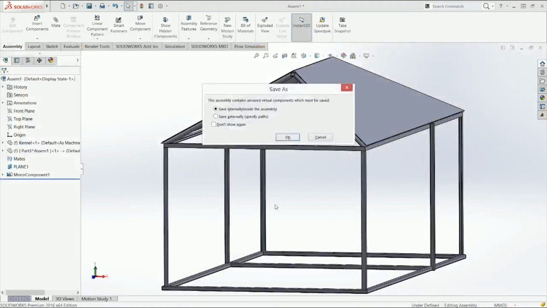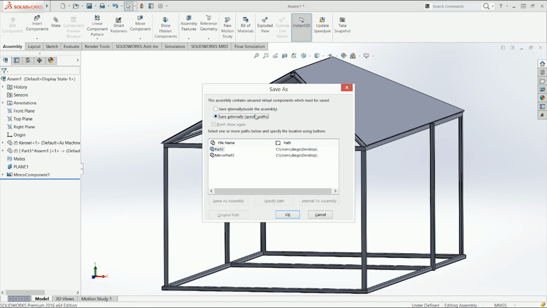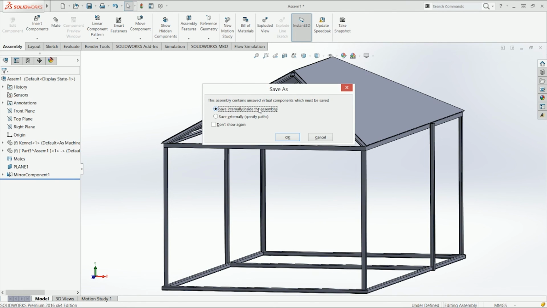So I'm just going to save this in assembly. Oh, since we created a part within the assembly, it's going to ask if you want to save it just as part of the assembly, or if you want to actually save it as an individual part. Usually you want to save it as an individual part with an actual part name, but saving it internally allows you to do it